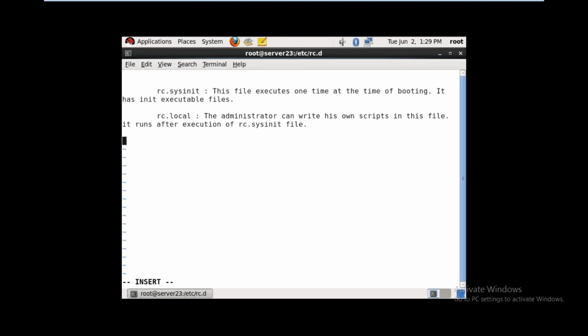What is the rc.sysinit file? This file executes one time at the time of booting. It has init executable files. What is the rc.local file? A system administrator can write his own scripts in this file. This file runs after execution of the rc.sysinit file. We have to remember these two files.